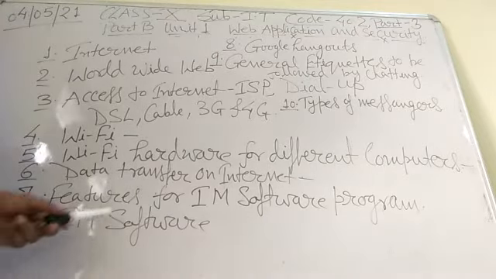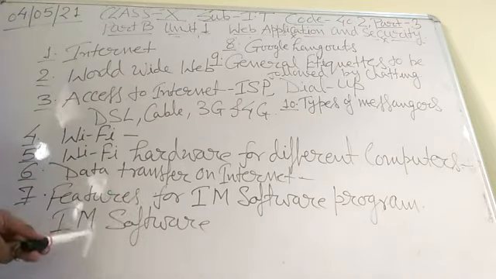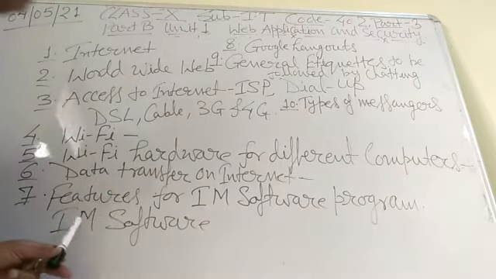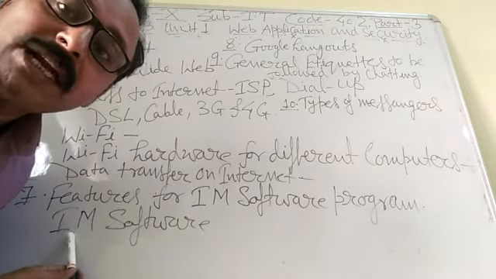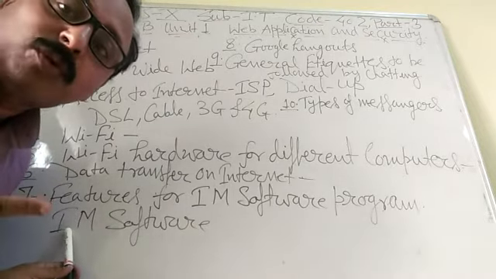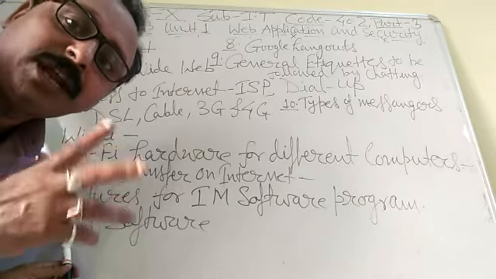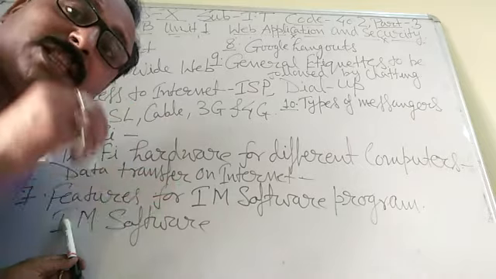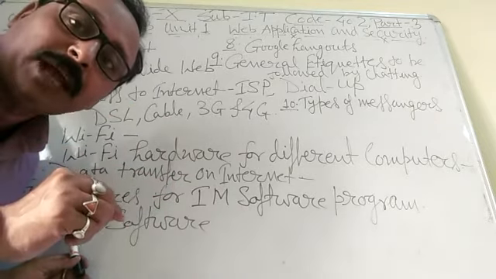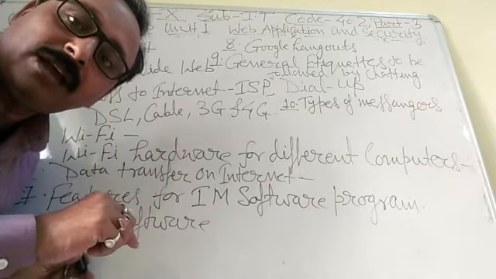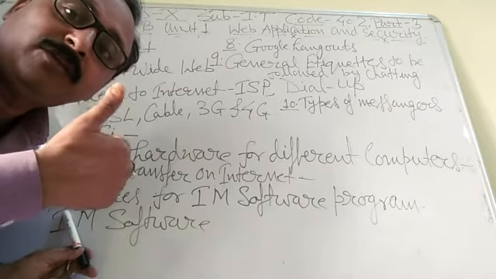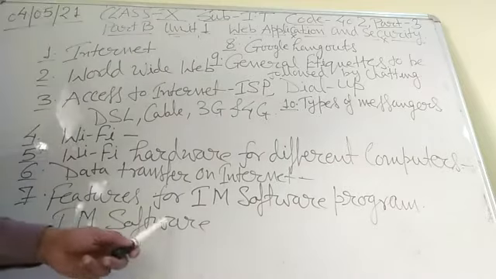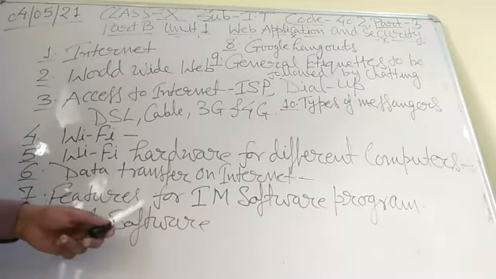instant messaging. What is instant messaging? IM software. The full form of IM is instant messaging, immediate response, or we can say we can communicate from one person to another person from different locations in real time, meaning at the same time. Here I am online, and the other person we communicate with should also be online. So this is instant messaging, known as an instant message.